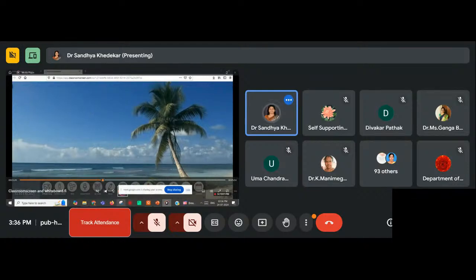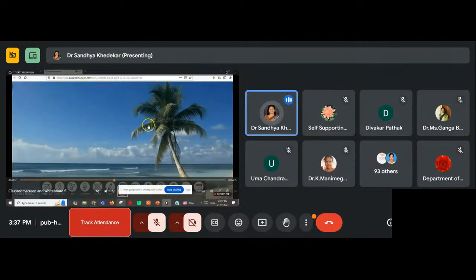Then next is the traffic light. It is one of the beautiful features of this Classroom Screen. If any quiz is going on, or you are doing any examination, you can ask students to stop. Just click on this red button, and stop. You can ask students to wait by this yellow color, and you can ask students to start or go with this color. So this is one of the nice features of Classroom Screen.